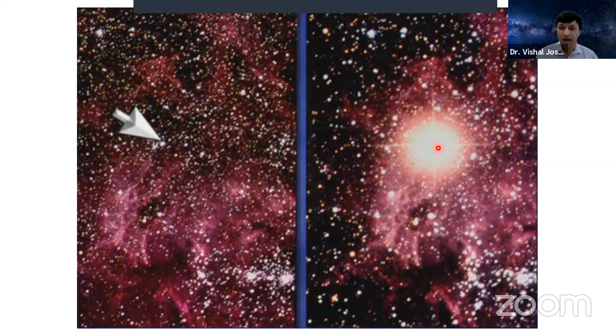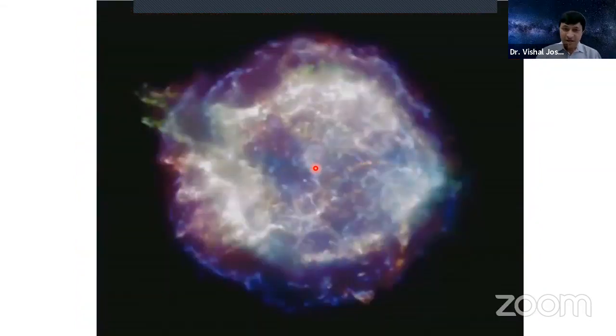So a supernova burst occurs when a core collapses in a star, and the material thrown away from the collapsed core, you can see as this beautiful colorful structure. So the heavy material is actually thrown away into space,